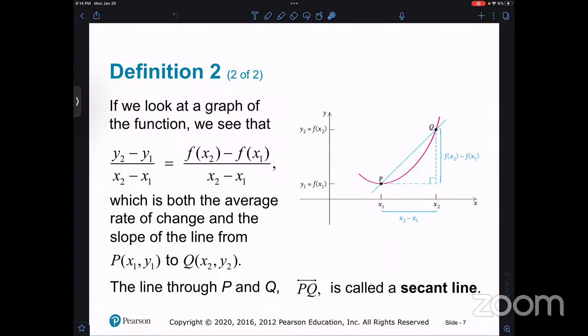So we have our curve, and we have some point P and some point Q. When you draw a line through 2 points on the curve and this line crosses the curve more than once, that's what we mean by a secant line. Keep it in the back of your mind that the derivative is the slope of the tangent line at a point. Based on this image, we're going to explore what happens to the slope of this secant line as Q moves closer and closer to P.